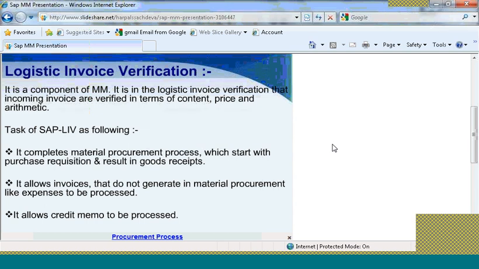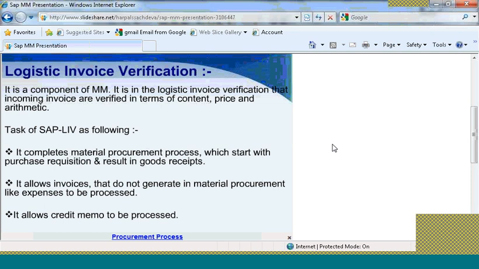We have the logistic invoice verification component. It is a component of MM. In logistic invoice verification, incoming invoices are verified in terms of content, price and arithmetic. The task of logistic invoice verification is as follows: it completes the material procurement process which starts with purchase requisition and results in goods receipts.